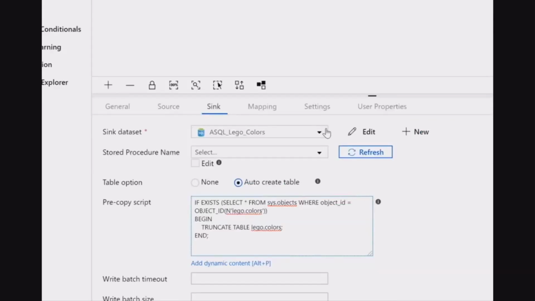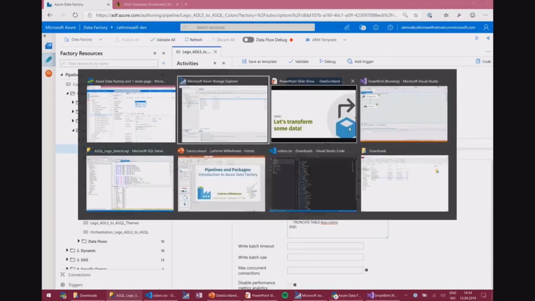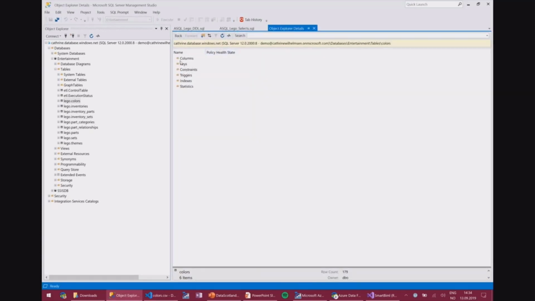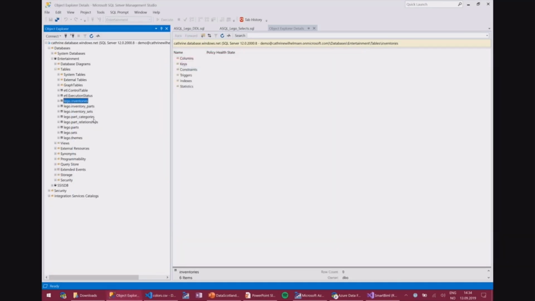So right now, if I zoomed out a bit too much. So back inside of my database, we now have all of our data loaded in here. What happens if I go ahead and delete that table? Let's just delete it from here. Delete, check. Our Lego colors table is now gone. So if we now try to run the SSIS package, it's going to go boom. There's no table there. It's not going to work.